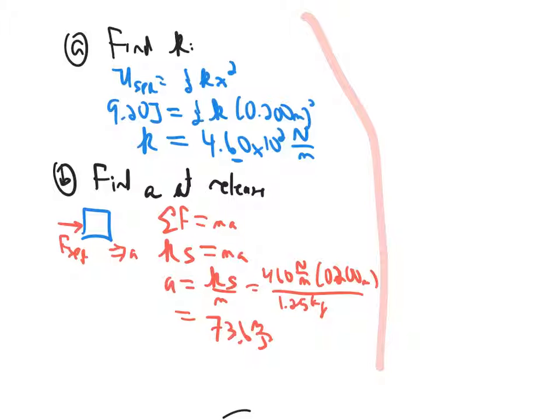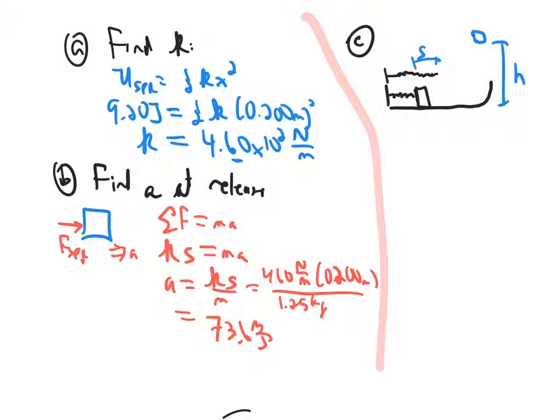And then part C, which is a little complicated, says the box is released and the spring relaxes, propelling the box across a horizontal table into a quarter circular ramp. So as shown in the original picture, we have something like this. And originally the box has compressed the spring, but eventually it has not. And we know that this distance is s. The box goes to some height, and we're going to call that height h, and we'd like to find that